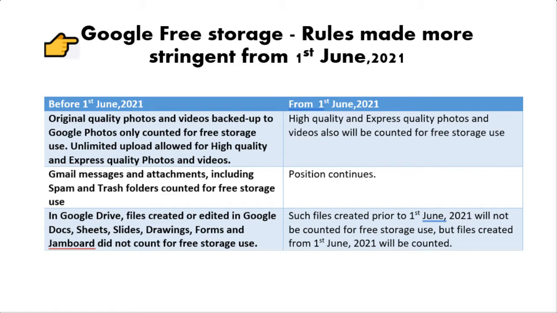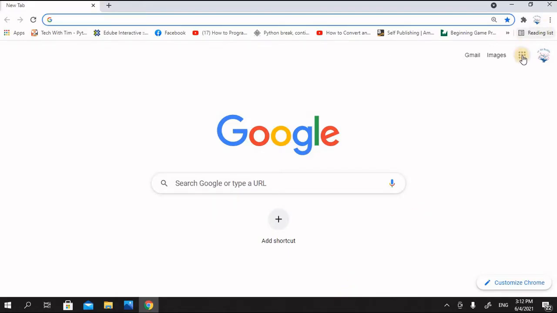The space allotted by Google is used up by uploads to Google Drive, syncing media in Google Photos, and by the mails and attachments and backing up of your mobile phones. To understand it better, let us see an example. We will have a look at my Google Drive, Gmail, and Google Photos. Let's first go to my Google Drive.